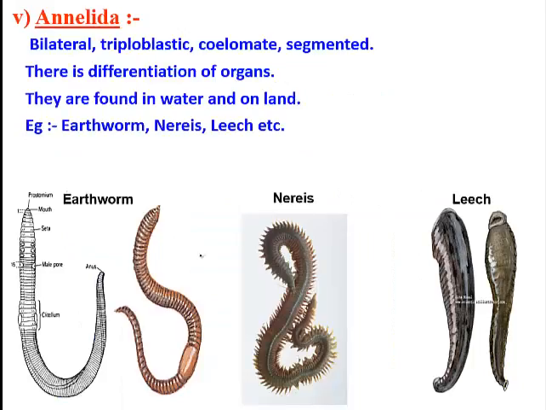Next is annelids. We are very familiar with annelids. It is bilateral, triploblastic, coelomate, and segmented. This segmentation has enabled these organisms to be very unique among the invertebrates. They have differentiation of organs, but you'll still find all the organs inside their own segments. Examples are earthworm, Nereis, leech, etc. So here I want you to see